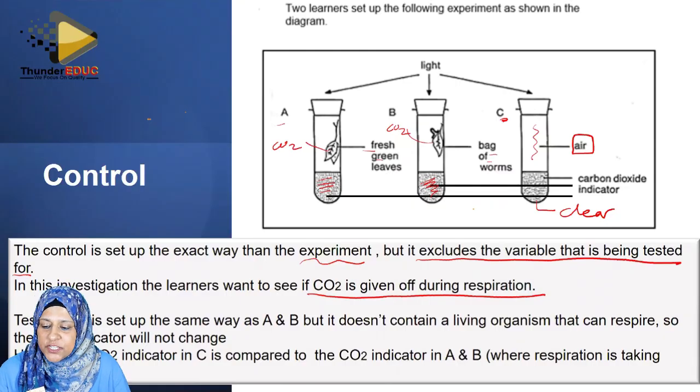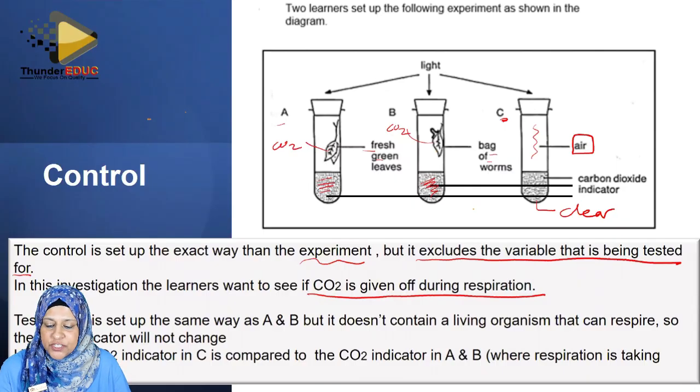I'm testing for CO2 if it's given off during respiration. I don't have anything in there that can cause CO2 to be given off, and therefore it shows me that the leaf and the worm gave off CO2 because that turned the lime water